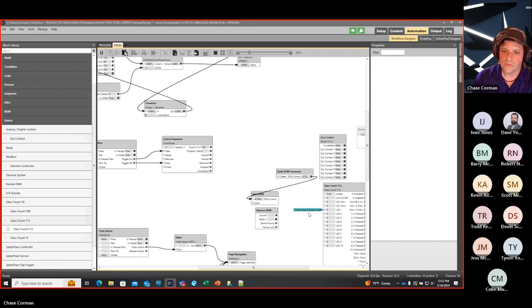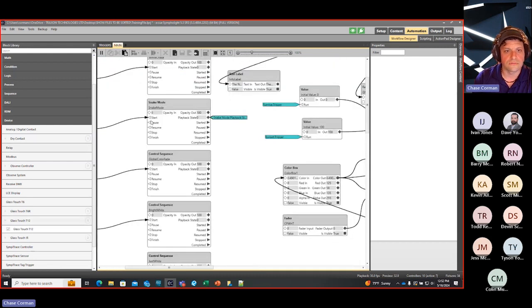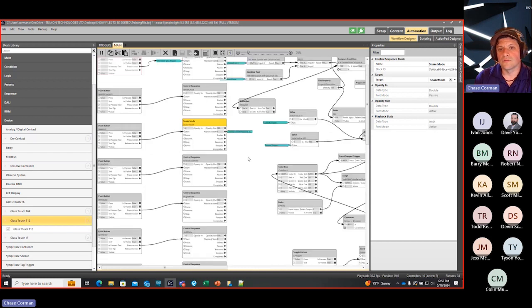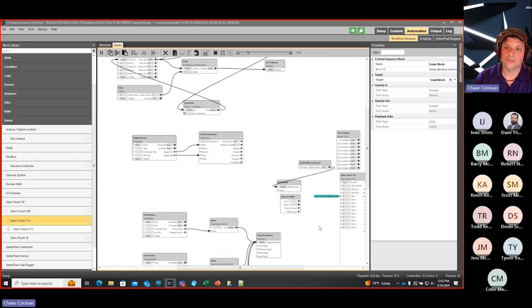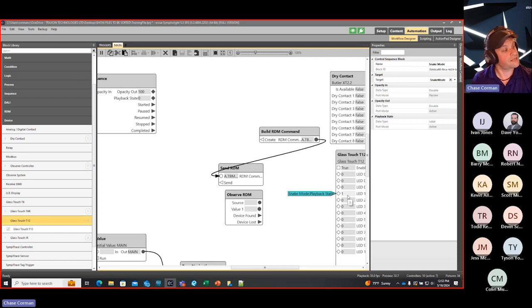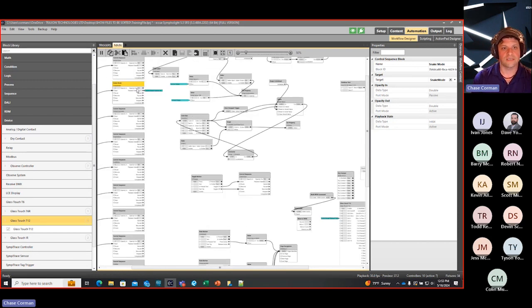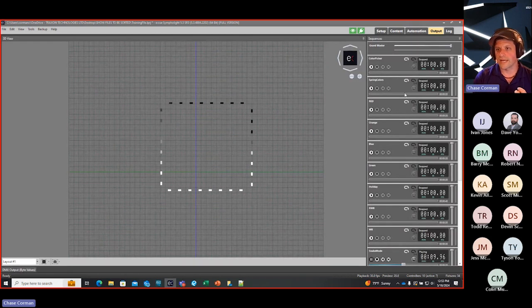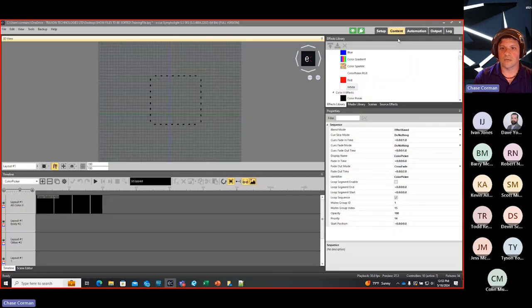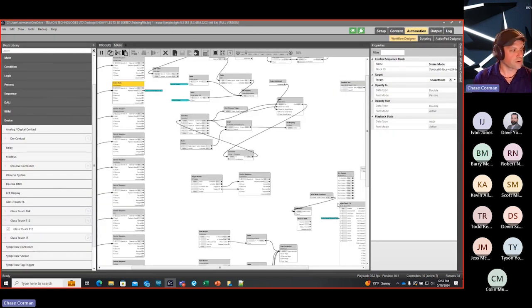So now, when I play this scene, which I will do right now, we'll see our playback state goes to 1, and now we're writing a 1 into LED 1, and what you can't see is that the LED is on my Glass Touch to my left. So this is how we handle the playback state. We connect the sequence itself directly to that LED button. That way, no matter what is telling that sequence to play, whether it's the Glass Touch, the Action Pad, or even an overzealous user playing things over here on the output tab, you will see the proper indicators light up